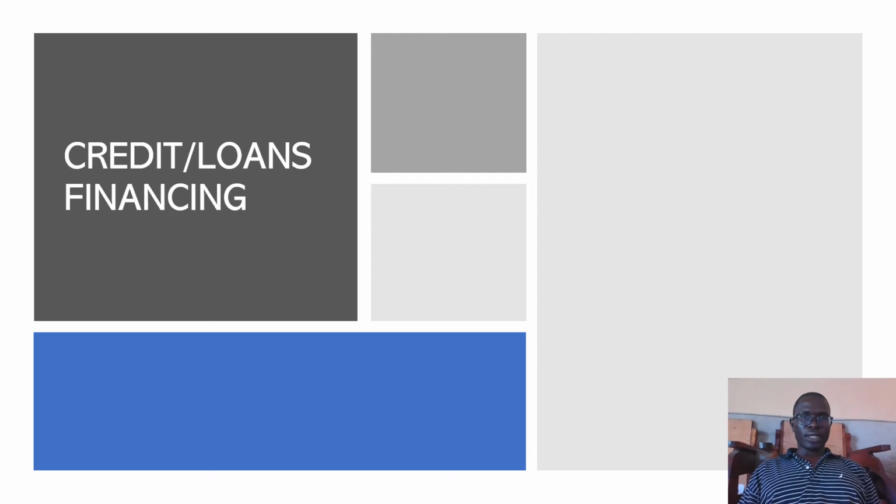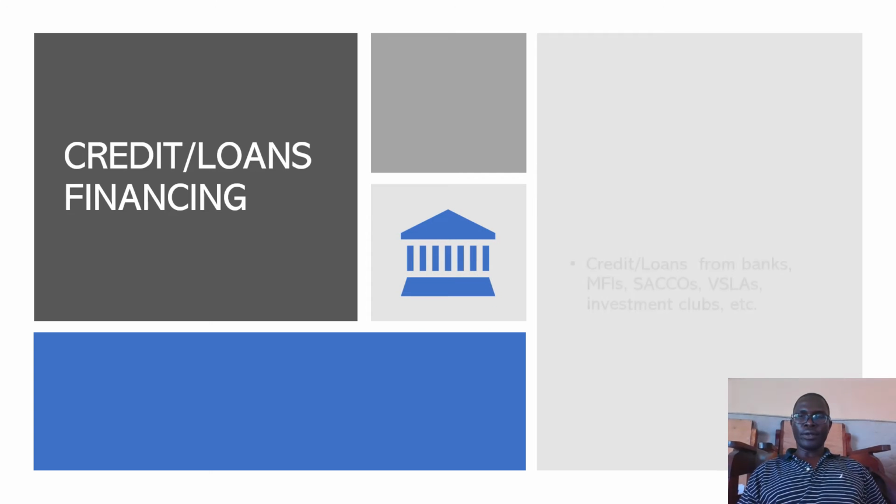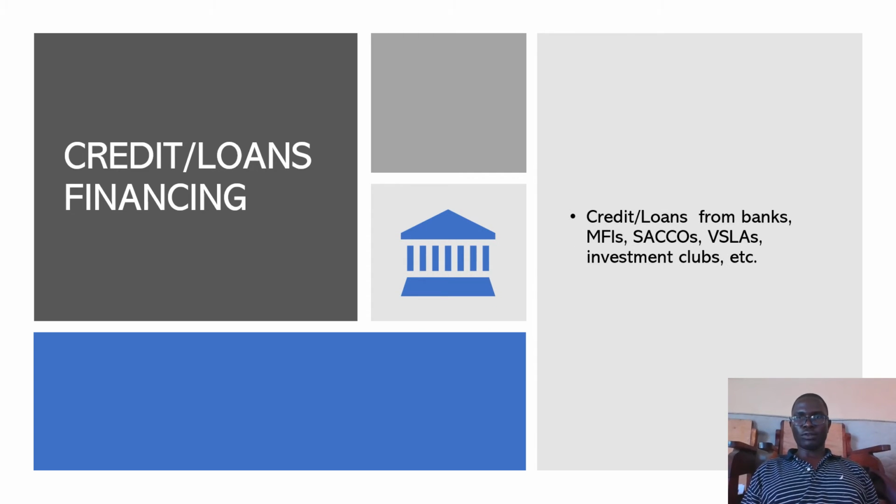Well, the next one is credit or loan financing for startups. You realize that credit or loans come from banks, microfinance, SACCOs, VSLA, that is Village Savings and Loan Association or Savings and Credit Group, and also from investment clubs, among others. I must say that I belong to one of the investment clubs called Mekomosh Investments, and in most cases you are given a huge amount of money, to the tune of about 100 million Ugandan shillings, that you can use in your business without any hassle. But in the case of bank loans,